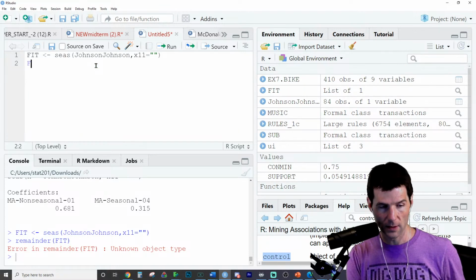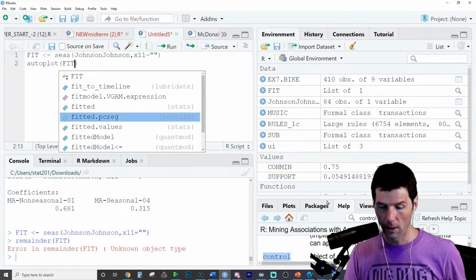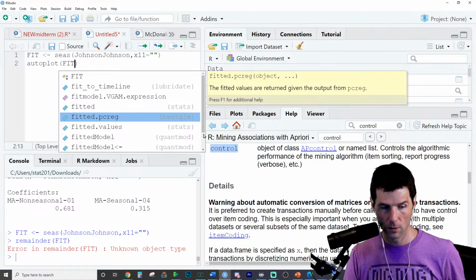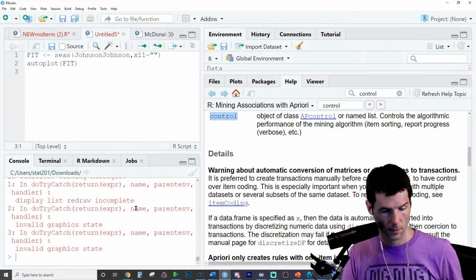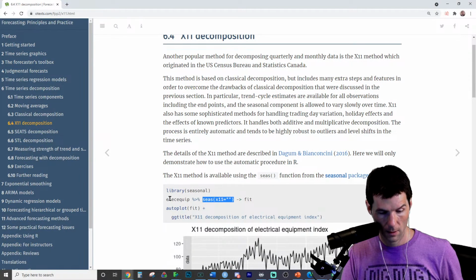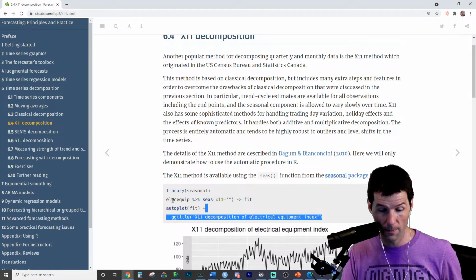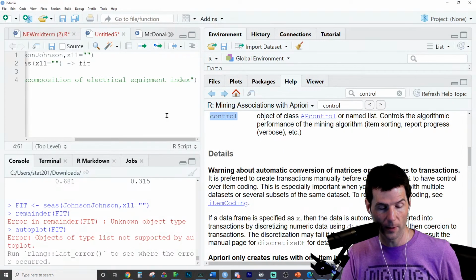And once again, we should be able to auto plot it very easily, they're saying. I was going to get into this today, but I didn't want to go through too many topics in one day. Ooh, what's it not liking? Object type list not supported. Yeah, well, they did it. They're passing it through. Well, let's do it the ggplot way. Okay, you want to do it the ggplot way? I mean, not the ggplot, the dplyr way.